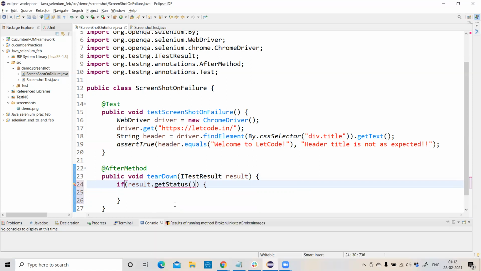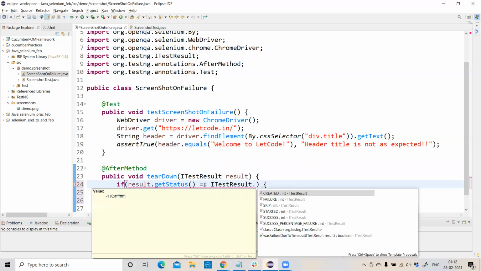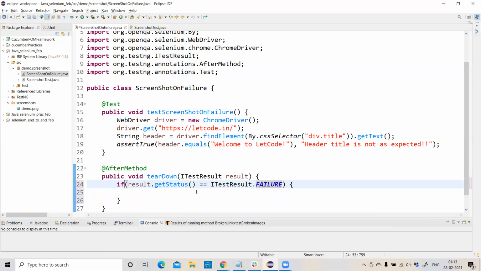Now it should be equal to, in ITestResult, we have a final variable called FAILURE. It also has an int value. So basically I'm checking that the value from getStatus matches the value of FAILURE.